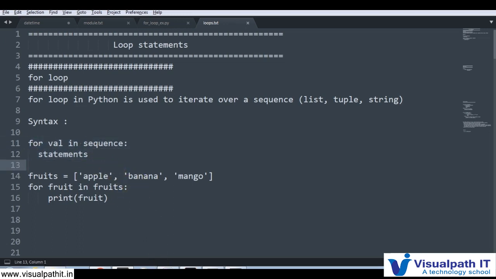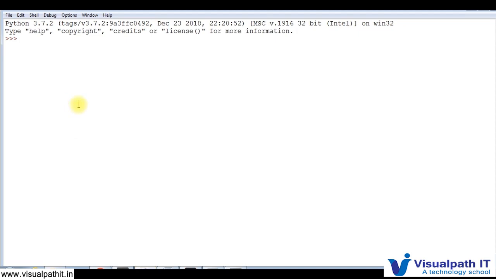Go to the interactive shell. Say for is a keyword and i is a variable here and in is a keyword. A sequence can be a list, tuple or string. So we shall have a list here. The list consists of items like 1, 2, 3, 4, colon, enter. Say print